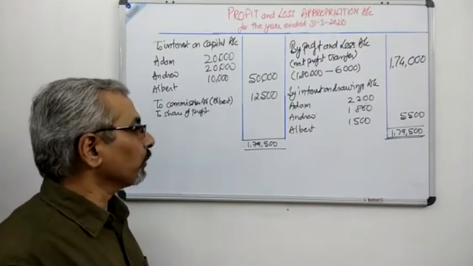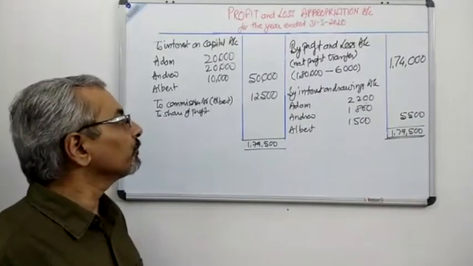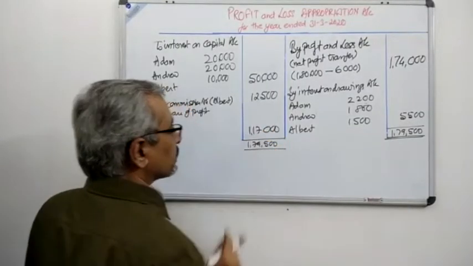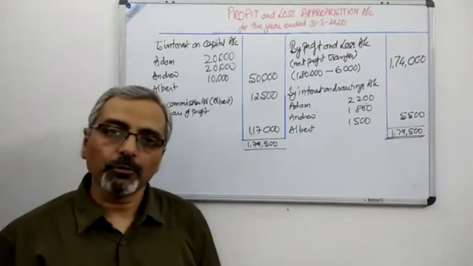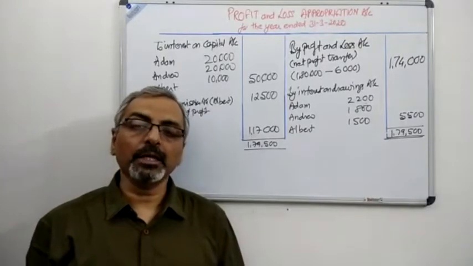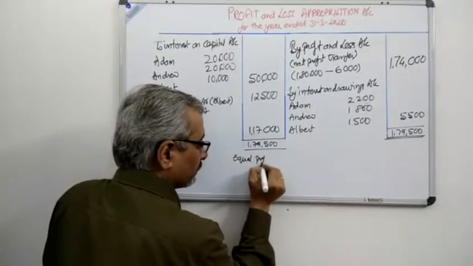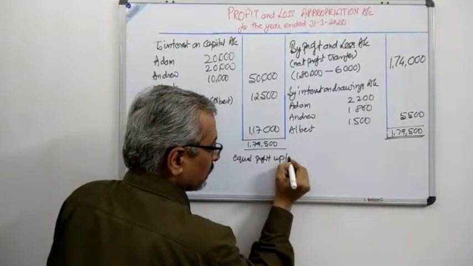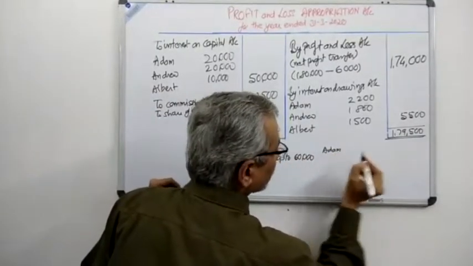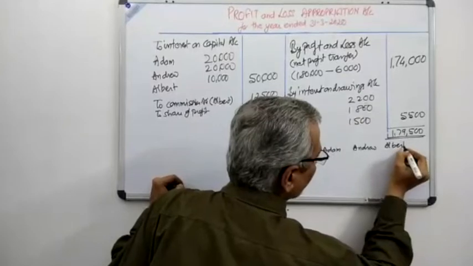So 1,79,500 minus 12,500 minus 50,000. If you see very carefully, we are getting a figure of 1,17,000. So the profit which is to be distributed is 1,17,000. Now, if you remember, all the three partners will get equal profit up to 60,000. That means the partners Adam, Andrew and Albert will all get